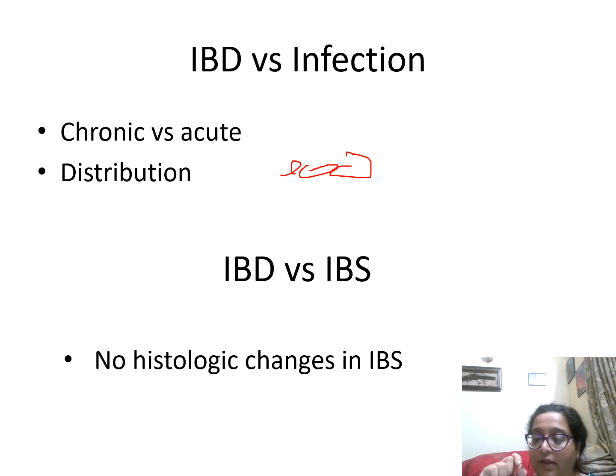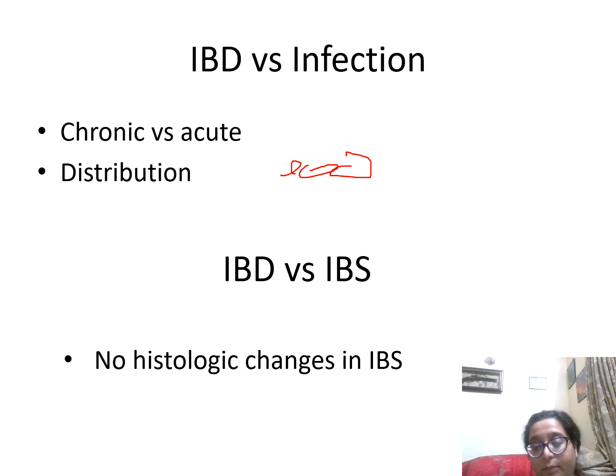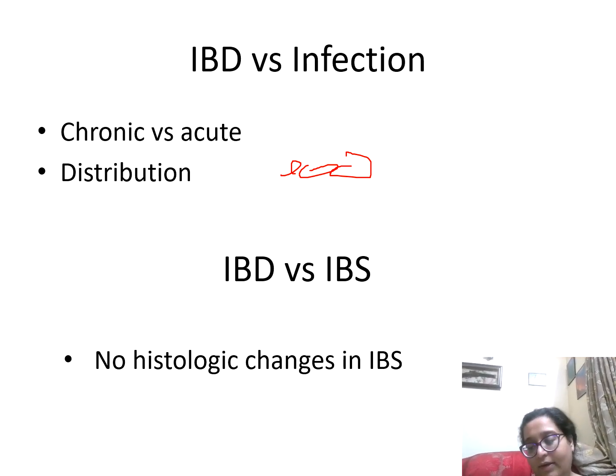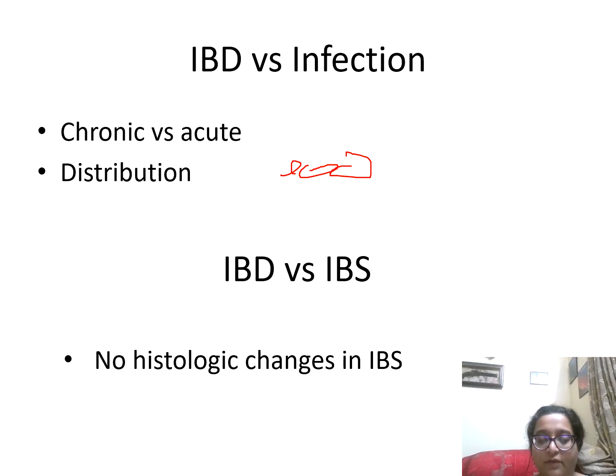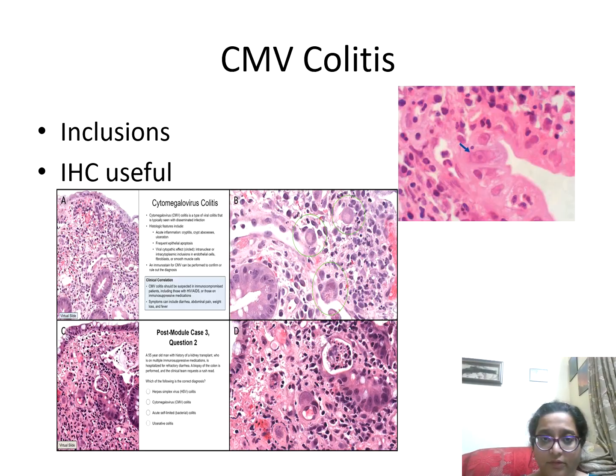So what are the key features? Langhans giant cells, necrotic granulomas, large confluent granulomas. These are pointers towards TB. Mesenteric lymph nodes, fine, a pointer towards TB, and of course a positive history. Irritable bowel syndrome, clinically, there will be altered bowel habits, diarrhea, etc. You might get bowel pain, stomach pain, etc. But there is no histological finding for IBS. It's just a syndrome.